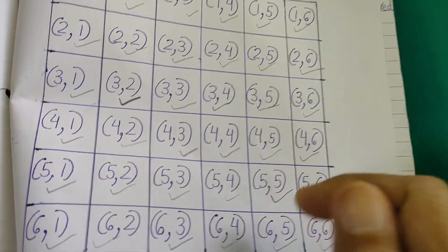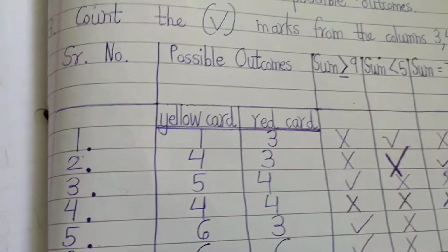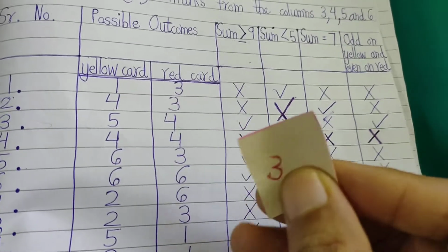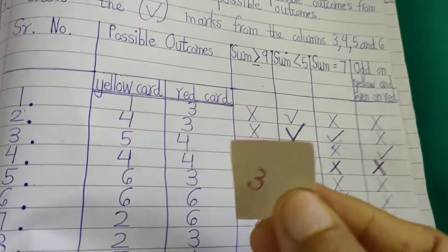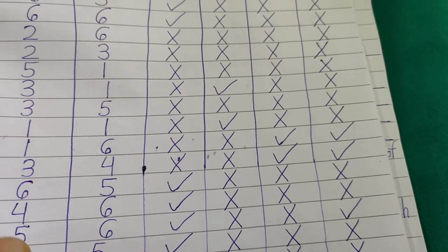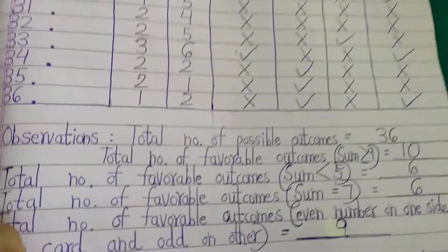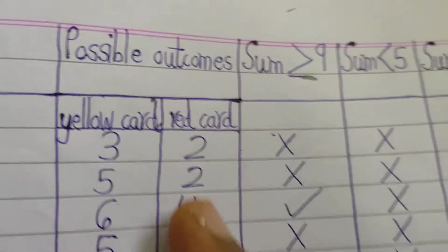And after keeping all these squares in a bag, you will come back to this table. You will take out the squares from the bag one by one, and after taking out a square from the bag, you will not put it back again. So suppose I have got 3 2. Let me check where it is. 3 2, 3 2, it is not here. 3 2, yes, here it is. You can see that 3 2.